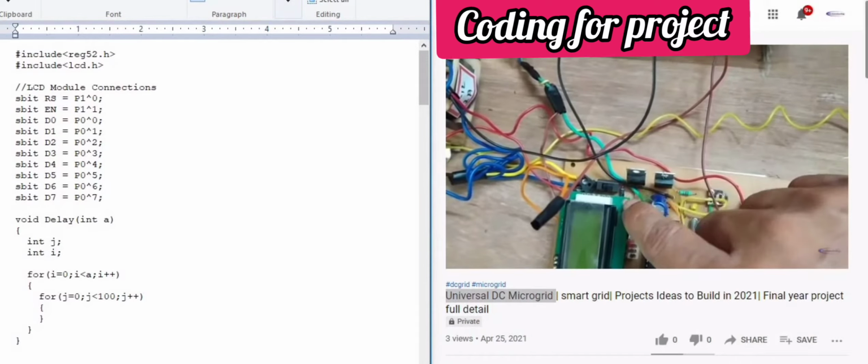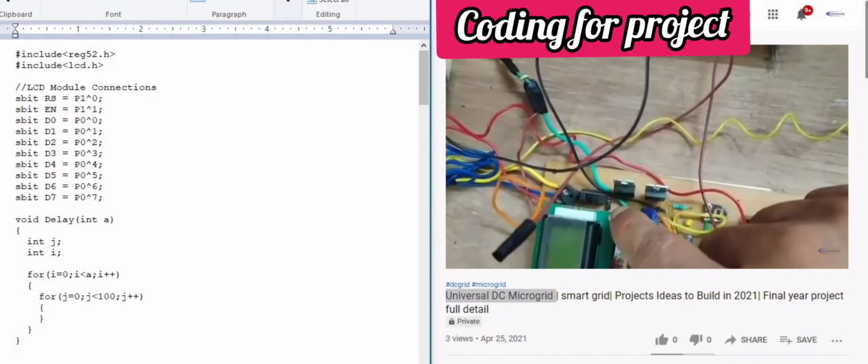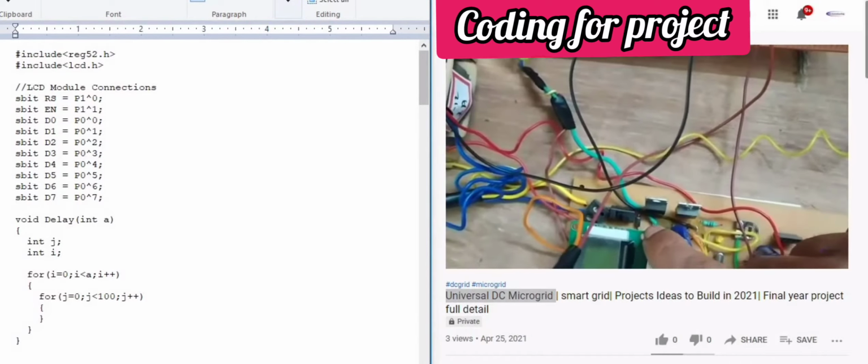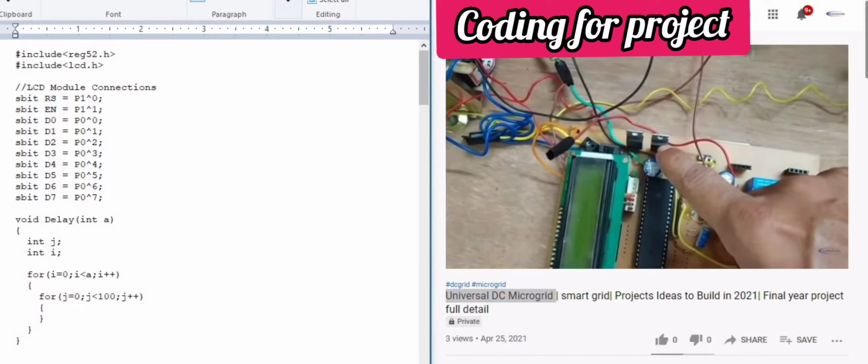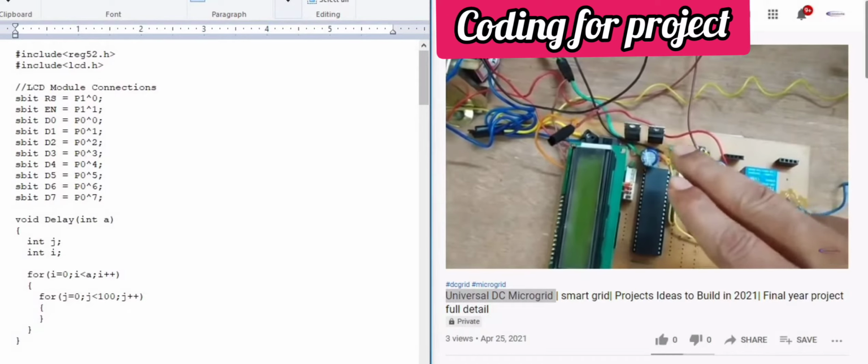Universal DC microgrid. The programming of the universal DC microgrid. We have used the Keil software, and we are using embedded C programming for the development of software for the universal DC microgrid. So now here you can see the first line is include